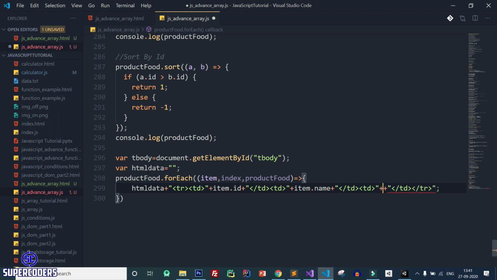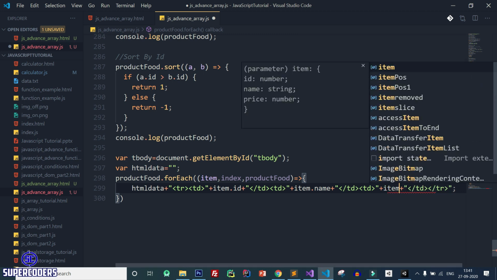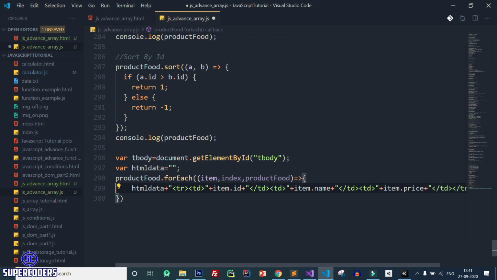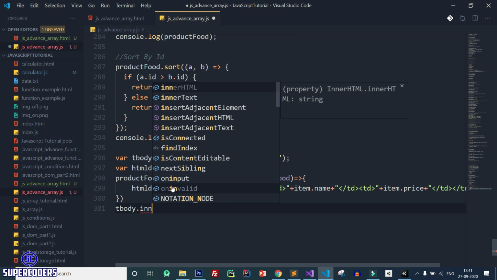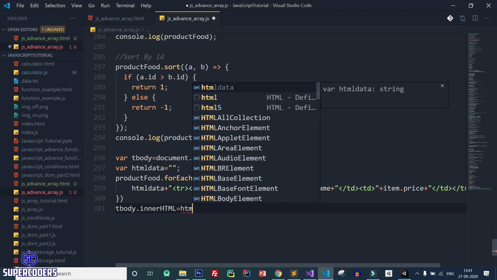After that, here we need to set the price. So item dot price. After that, let's set this HTML data in T body. So T body dot inner HTML equal to HTML data.